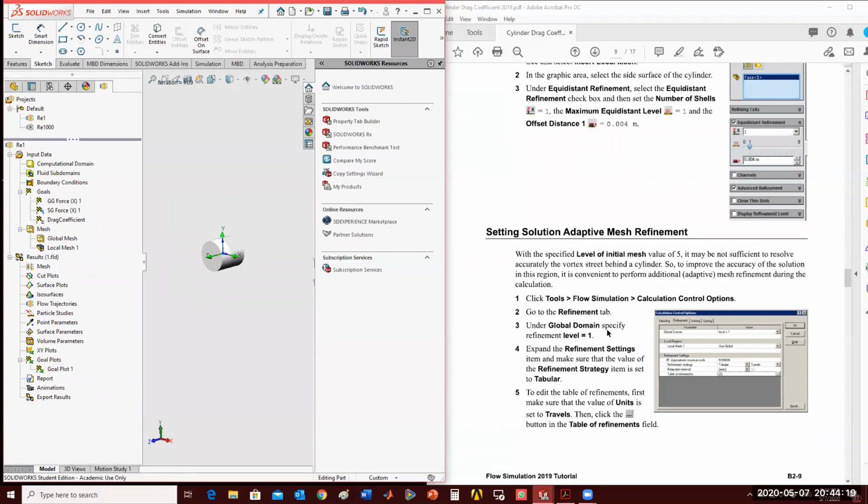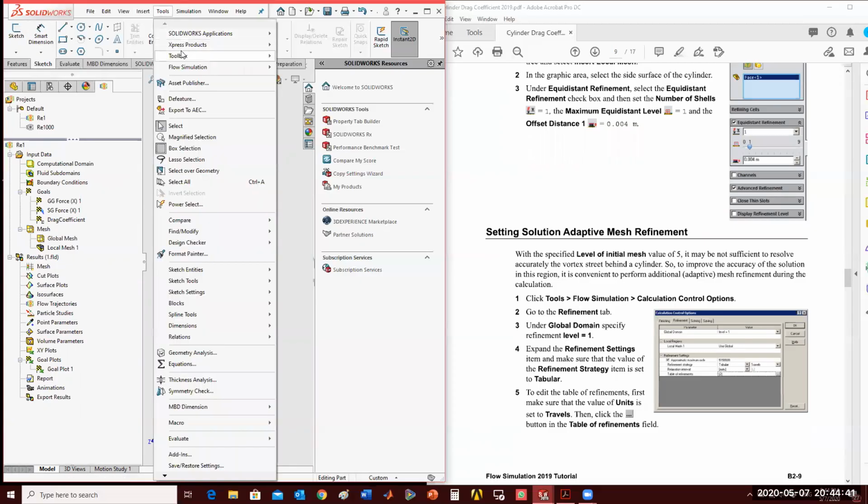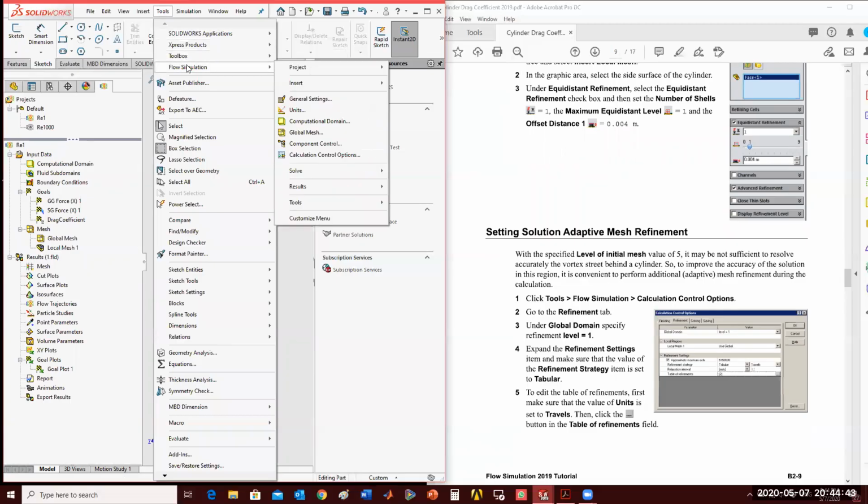Now, what's something good about this is setting the solution adaptive mesh requirement. By setting that to an initial mesh level of 5, it may not be sufficient to resolve accurately the vortex street behind the cylinder. So we will be using these tools, and then from Tools, Flow Simulation, and then you see